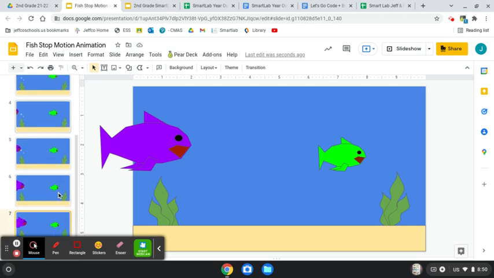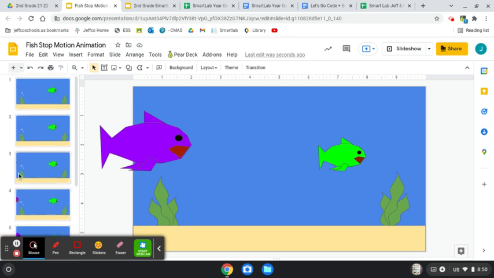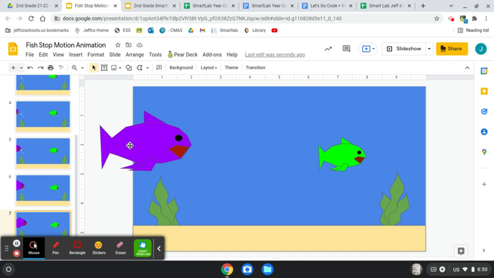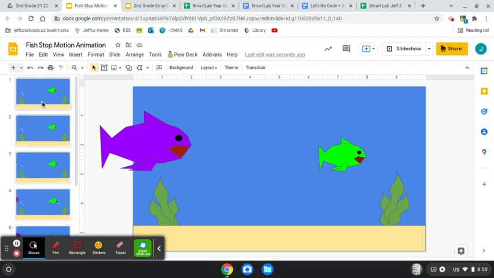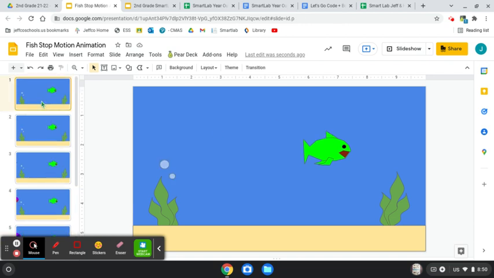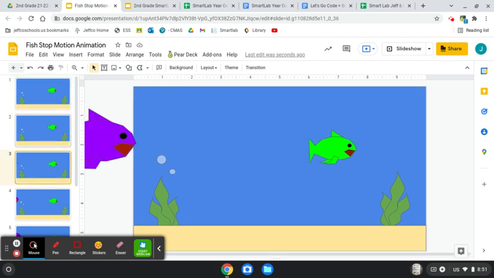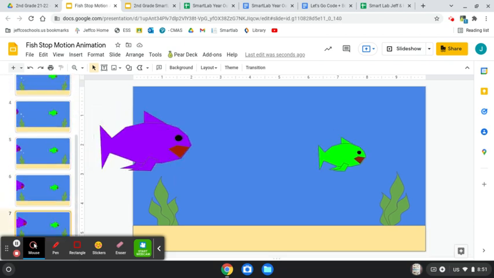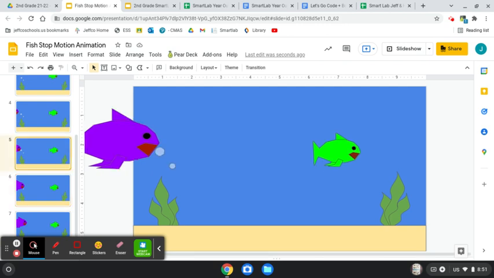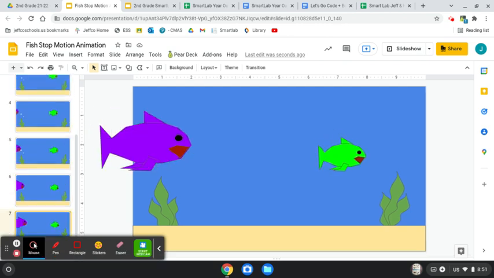And I'll stop here because you could keep going just like this where you copy and move. So really what you're going to do is you make a slide that you like, make a character that you like, make it something simple like stick figures or a simple bird or a simple animal that you can draw pretty easily. And then start to change it slide by slide. Okay, and he moves. And then it moves. And that's a stop motion animation. Good luck making your